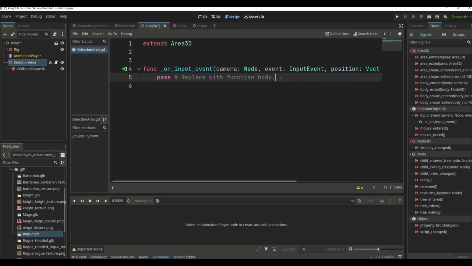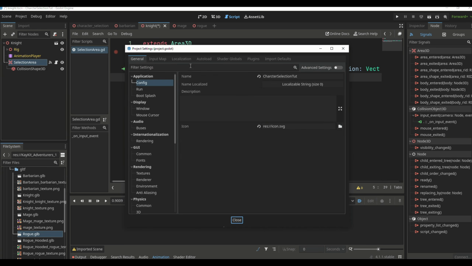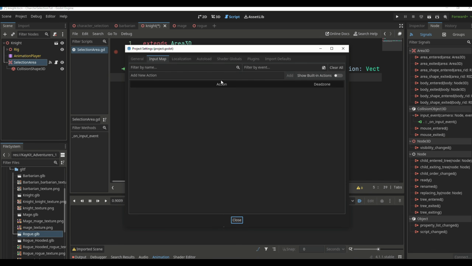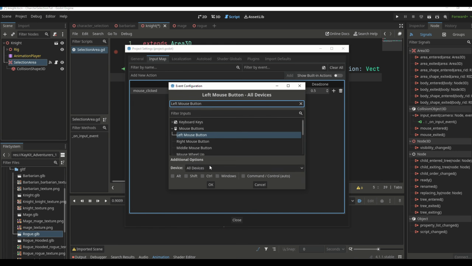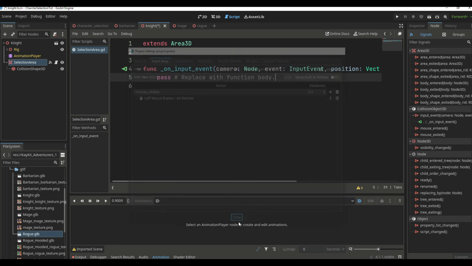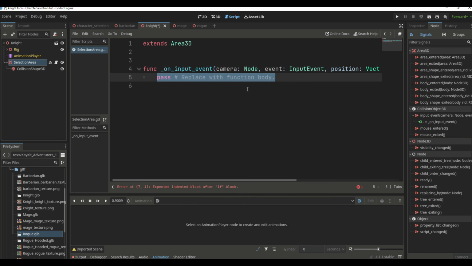So what I'm going to do is add a new action. So let's go to project settings, go to the input map, and I'm going to add a new action called mouse clicked. And let's connect it to the left mouse button. So click on it like that, click on OK, click close. And now I'm going to check if the event is action pressed, mouse click. So if I click the left mouse button, and of course it's inside of the collision shape, otherwise it won't